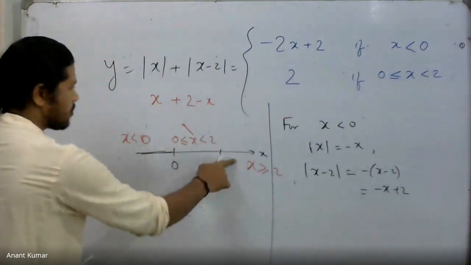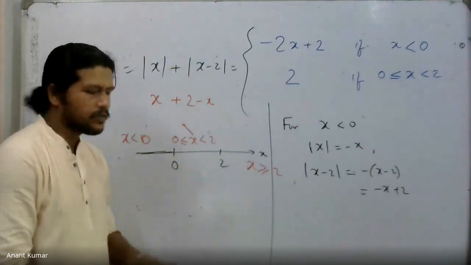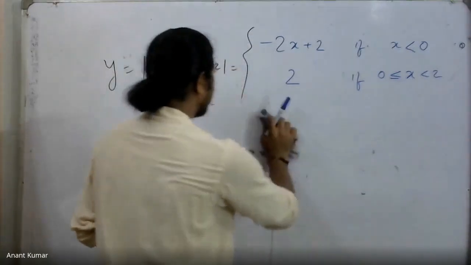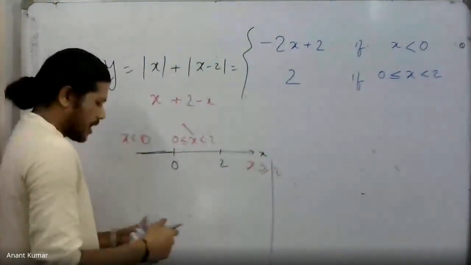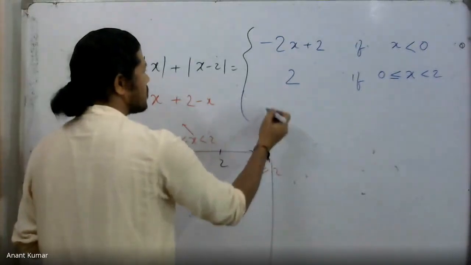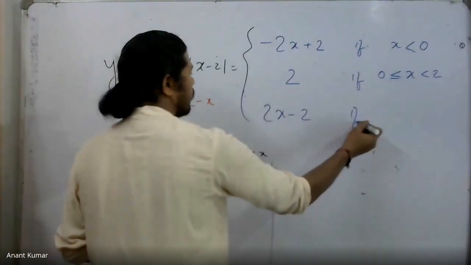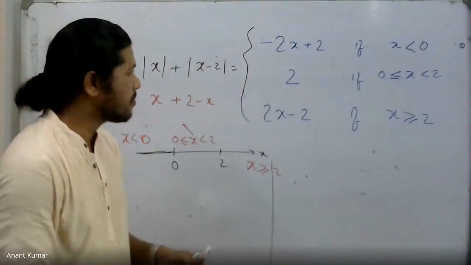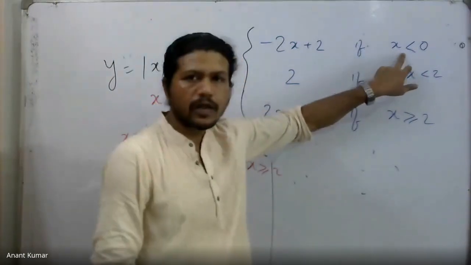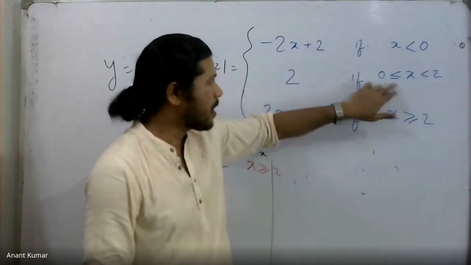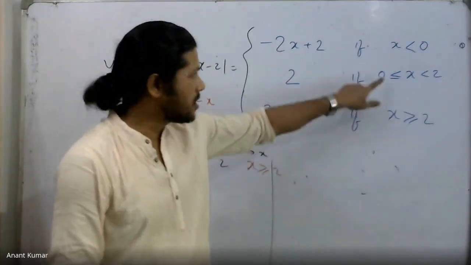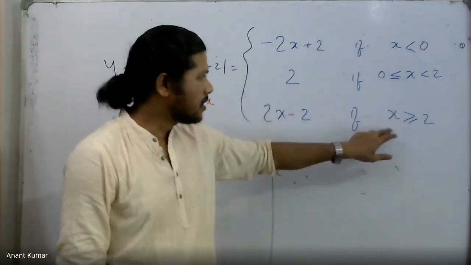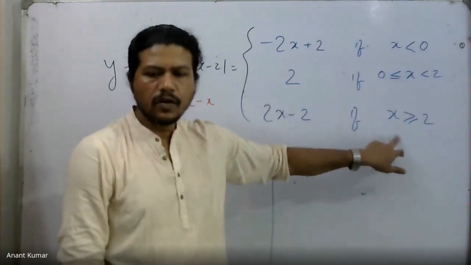And finally, for the last part, everything is positive. In the last interval over here, each of them is positive actually. That is why we end up getting x plus x minus 2. And therefore, for the last interval, it becomes simply 2x minus 2 if x is more than or equal to 2. You notice in the first case that we have a strict inequality. There is no equal to sign over there. I have taken the equal to sign to the next part, this one. So 0 is included in this interval, not in that one. 2 is not over there, 2 is over here.